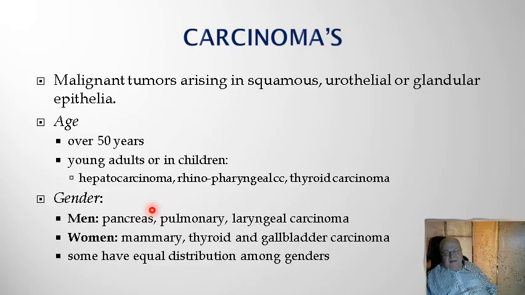Woman has a very, very, very intense predilection for hormonal-related cancer like mammary or breast carcinoma. They are 200 times more frequent in women, this breast carcinoma, than in men. Men also can develop such a thing, but exceptionally rare. And for women, it's one of the most frequent cancers. But for the rest of these carcinomas, the distribution is equal between genders.